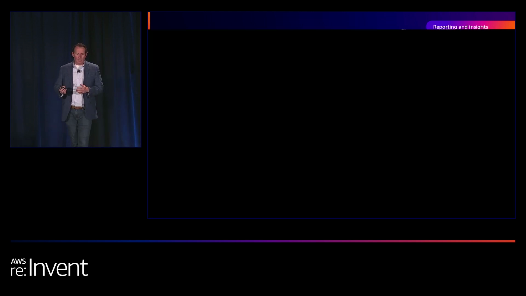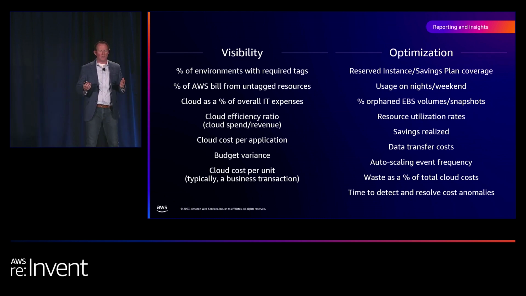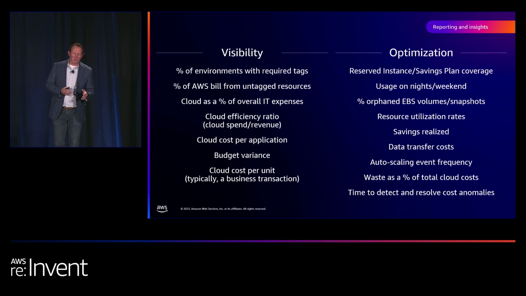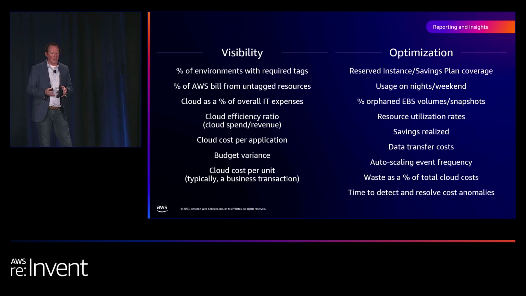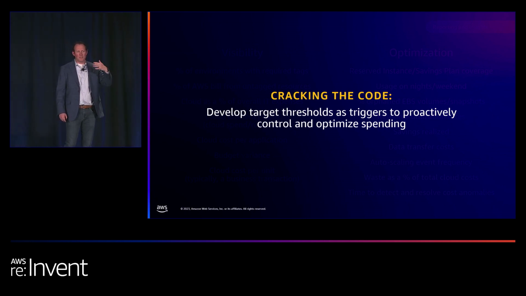On the right side, I need to pick a favorite. That's always a hard thing to do. I would say resource utilization rates is probably something that's underleveraged for many customers. One, use architecture to define what good looks like in terms of utilization, and then look at how you are actually performing and leveraging that. There are obviously a lot of KPIs out there. This is an area that I get a lot of questions on. So if anybody's interested in a deeper dive on business value KPIs, I have other content on it as well. So the cracking the code here is to think about thresholds and targets, especially for some of these metrics. You don't have to take action on everything, but set a measure and a threshold, and then an action if that's exceeded.